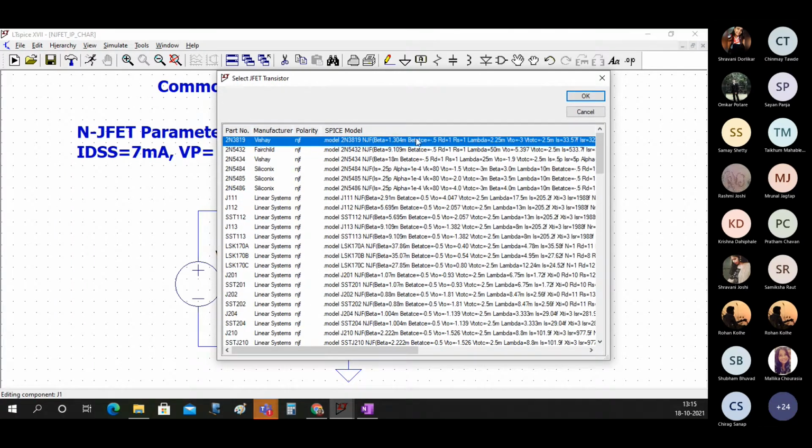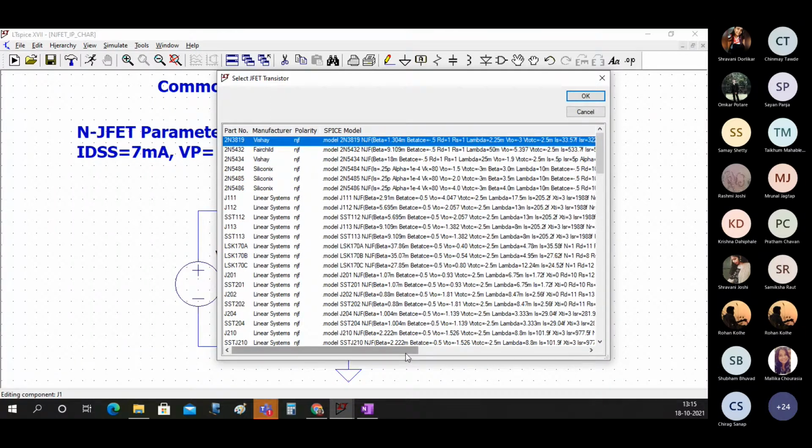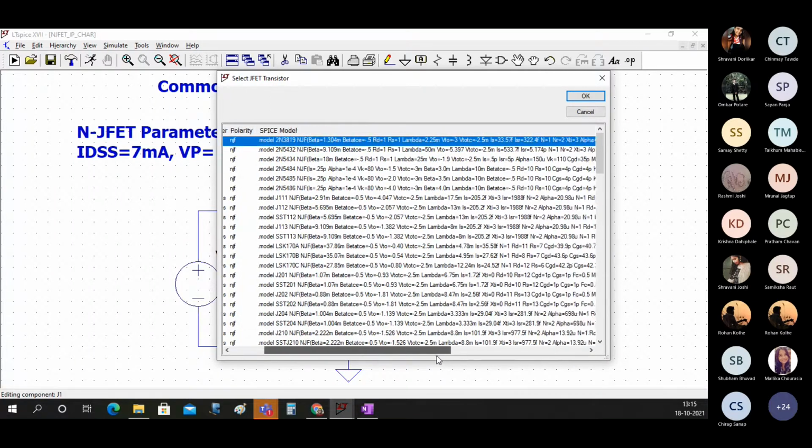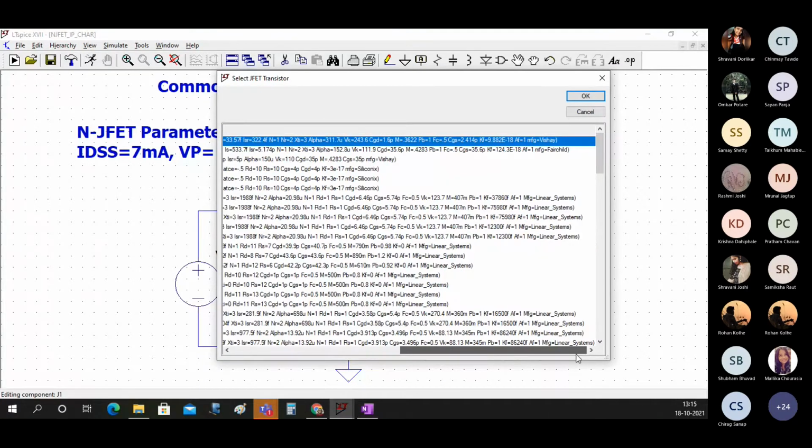Let's look at one of the JFETs here, that is the first JFET. So you can see here beta. The first value is what? Beta. Then you have RD, RS, lambda, VTO, and whatnot. And you can just go through the entire line.